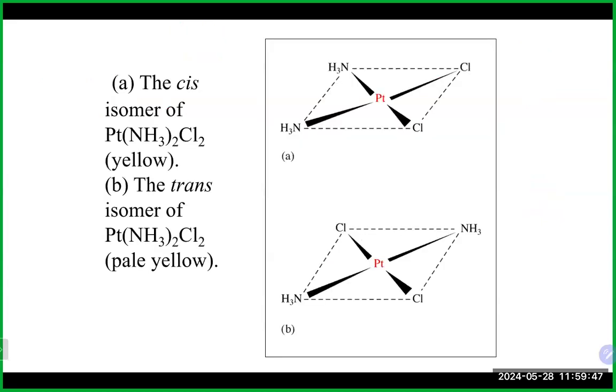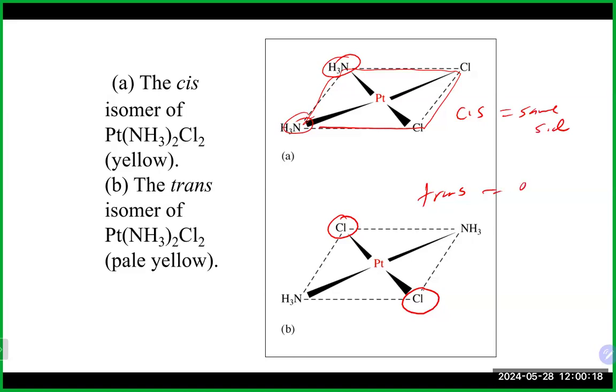And here in this case, we can look and we can see in the first one we have cis, and these guys are on basically the same side of the plane of our molecule, complex ion. And on the second one, this is trans, and they are on opposite sides. If you want to look at the chlorides, you could also look at the ammonias as well. They are on opposite sides. So we've got trans and cis, again, same side